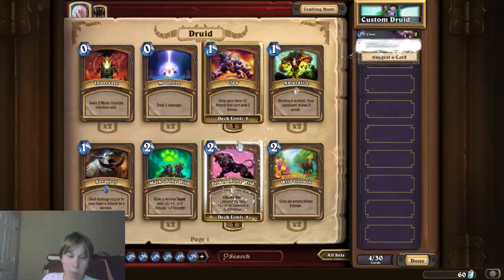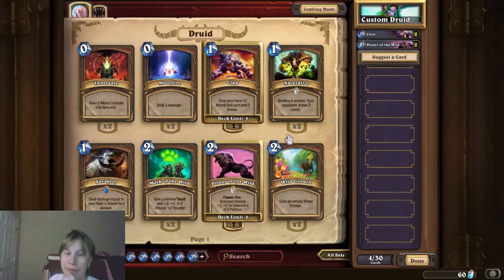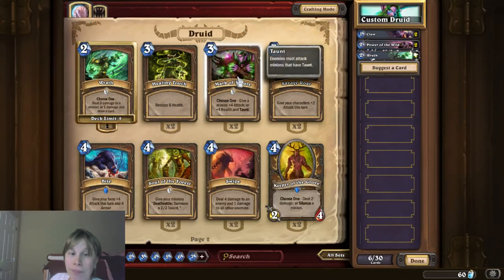So I like that. I've seen a lot of Mark of the Wild plays, but let's see if there's anything else here first that I would really prefer before we go to that. Wrath. 3 damage for 2. That's the same as a Frostbolt. Oh wait, you don't need that? How about 1 damage, draw a card? Now it's just a little bit worse than Mortal Coil. So that's awesome right there. You know what I'm saying? How about a marker? Give a minion +4 attack or